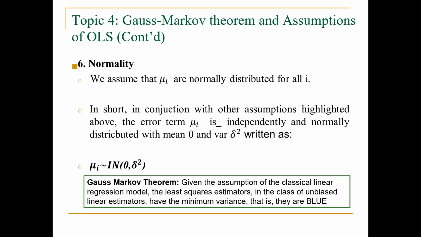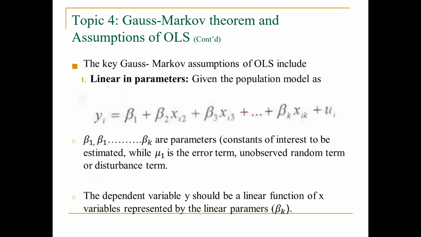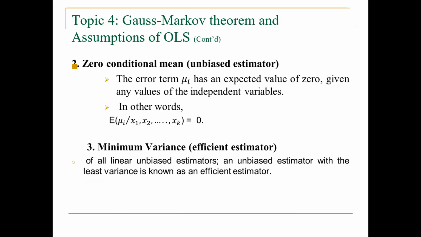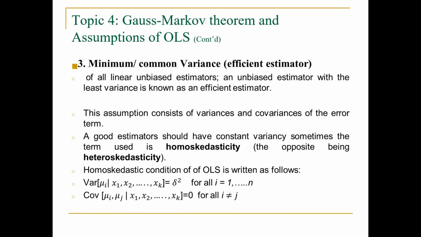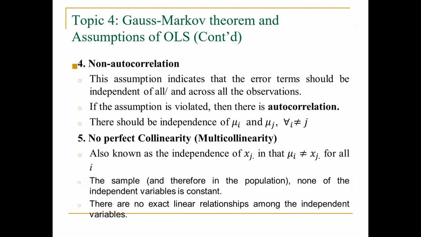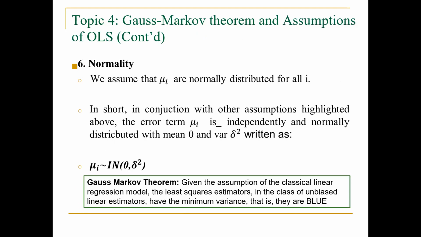Because we are saying, in short, in conjunction with these other five: being linear in parameters, having zero mean condition, minimum variance or common variance, being non-autocorrelated, having no autocorrelation, having no perfect collinearity. So we say, being normally distributed, if you combine with the others, then we can, in short, say that other